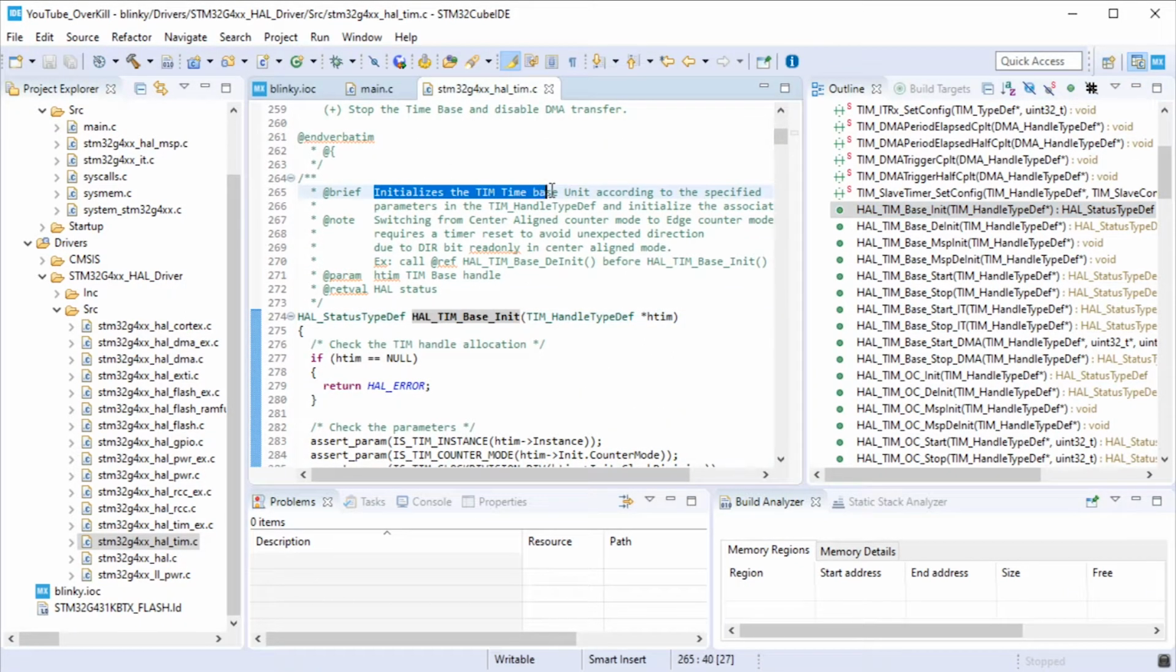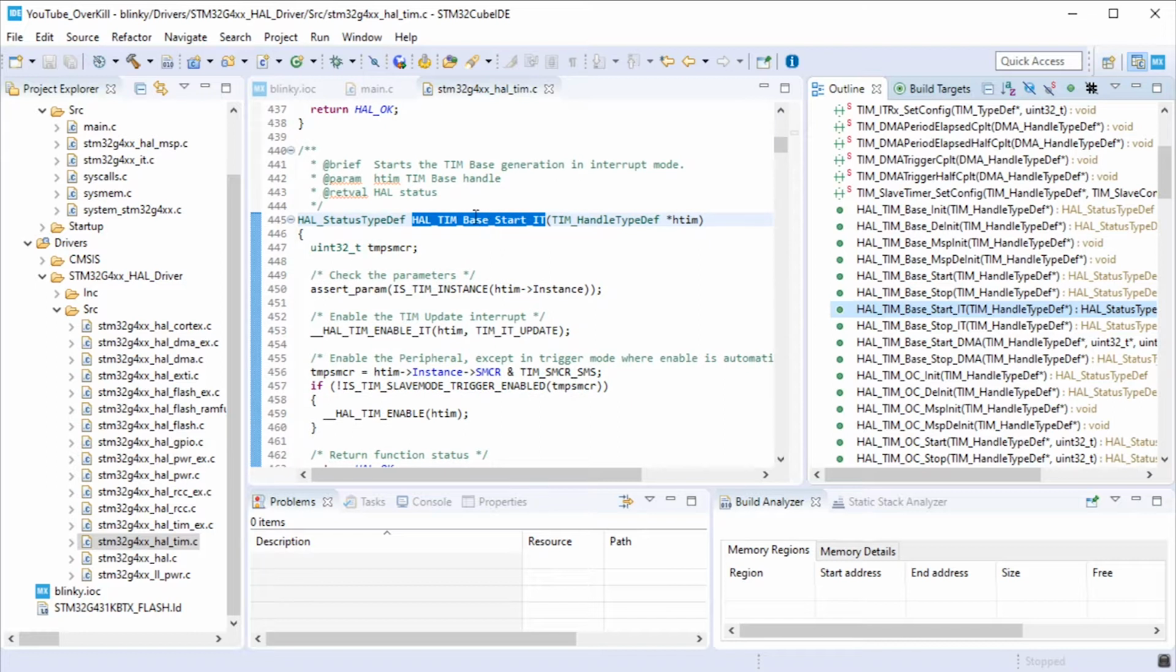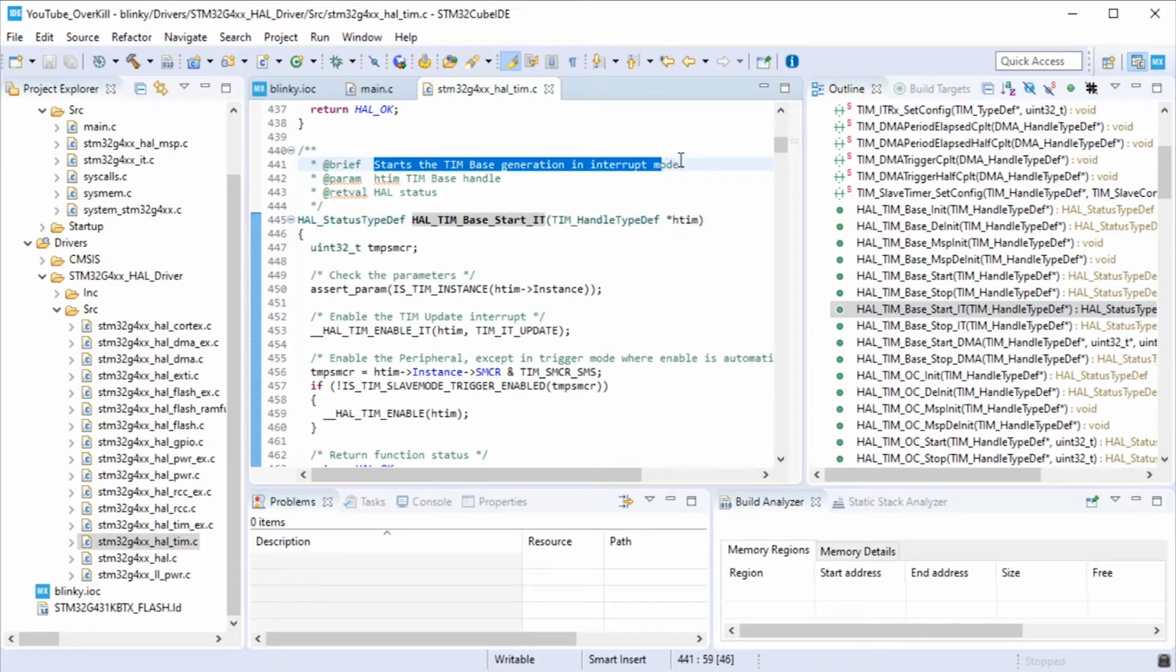But what we're looking for here is something that's going to start the timer, and we want it to start in interrupt mode. And sure enough, there is a function, HAL_TIM_Base_Start_IT. That's exactly what we're looking for. This is the function we're going to call in order to get the timer started. So going back to our main code,